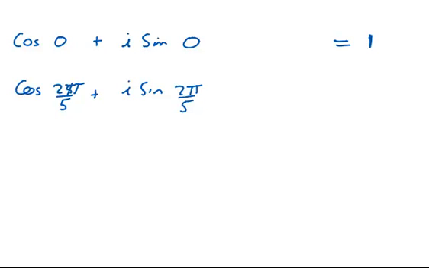In previous years, you would have had to use the calculator just to evaluate that. But if you go back and read the question, it does say use De Moivre's theorem to find in polar form. So it has to be in polar form. That's why I'm not changing anything. n is equal to 2. Z is going to equal